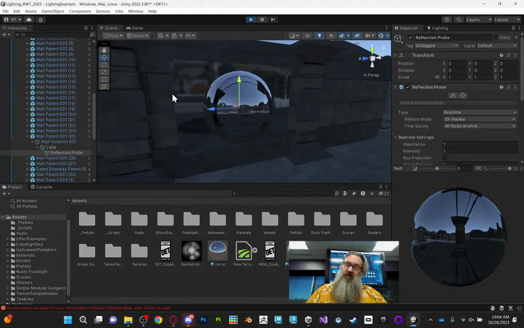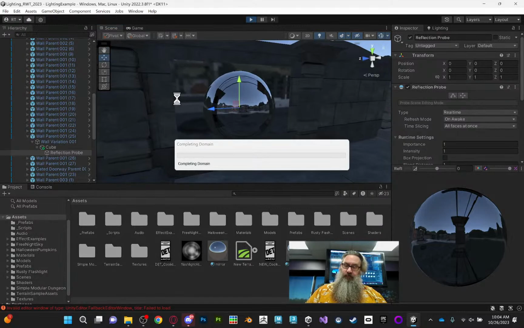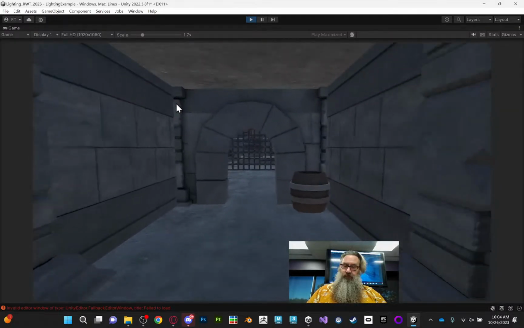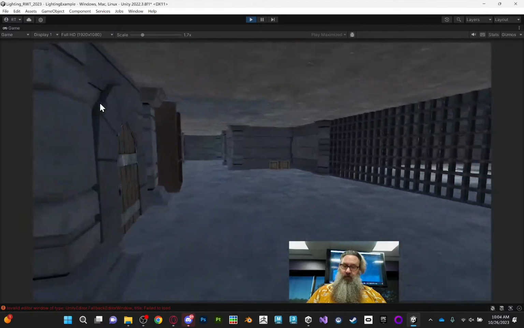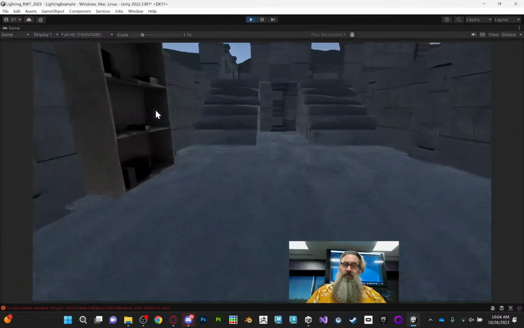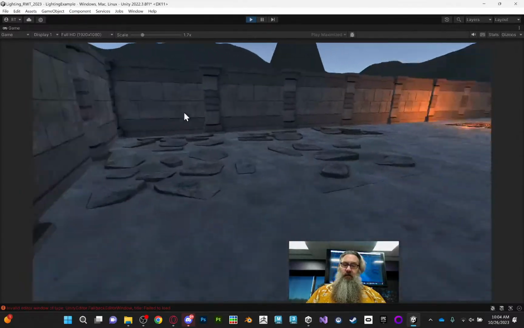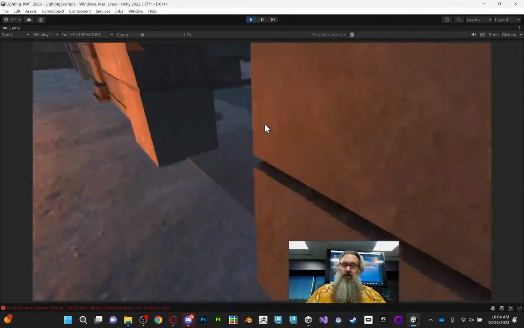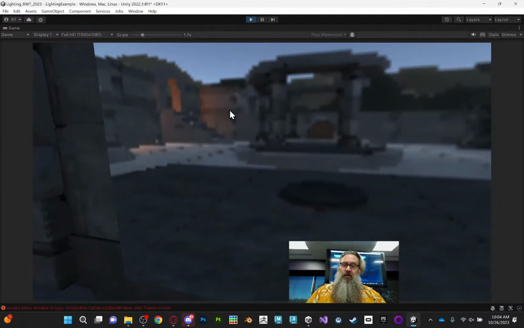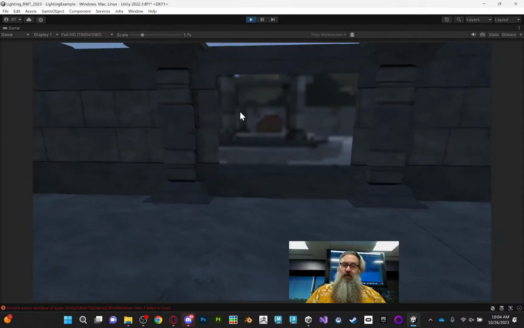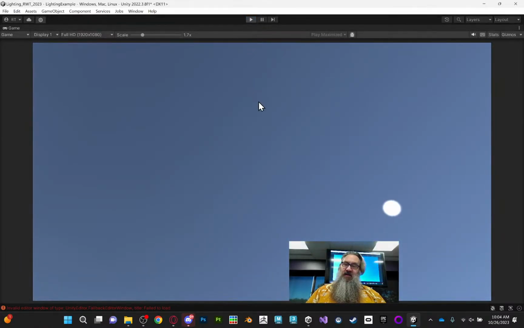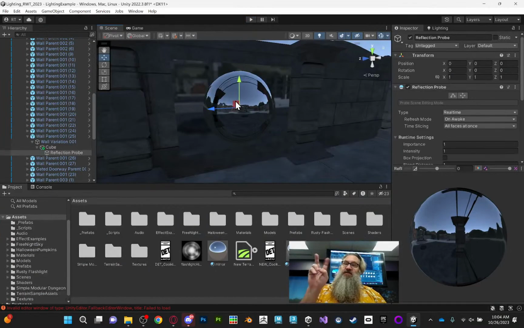So if I play this level, probably should have done this closer to my spawn point. Ah, yeah, that's the other setting. Yeah, so real time